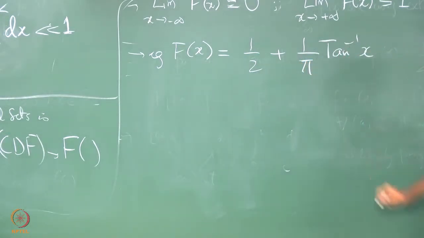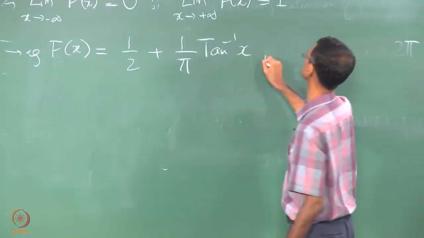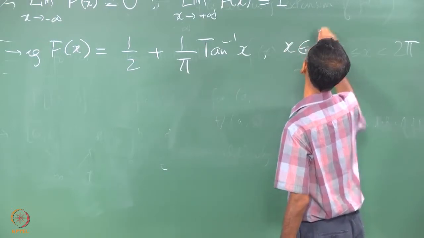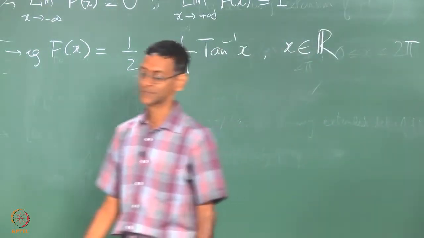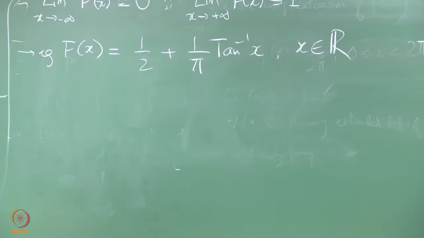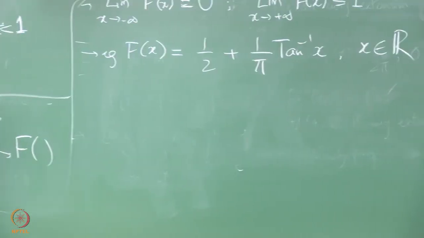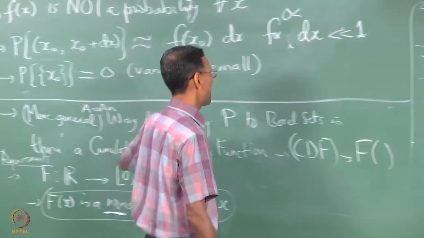If somebody were to plot this, what will it look like? Does it satisfy my conditions? Yes, it does. So if I have such an F,